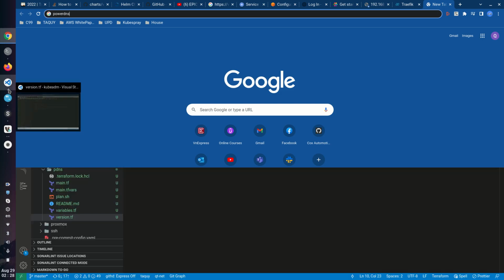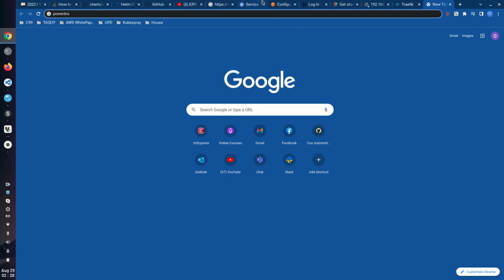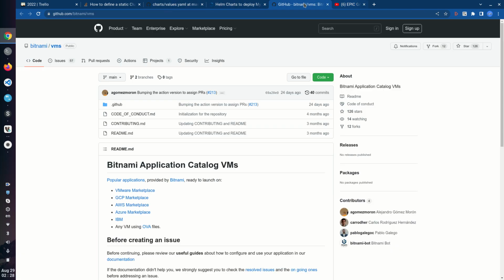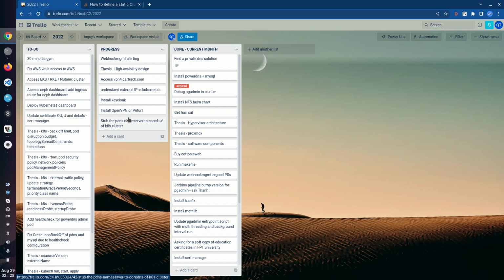So probably my next thing is actually to create a Terraform record using PowerDNS. So I think I will watch this later. So PowerDNS, okay, I think I have finished this one. I probably just